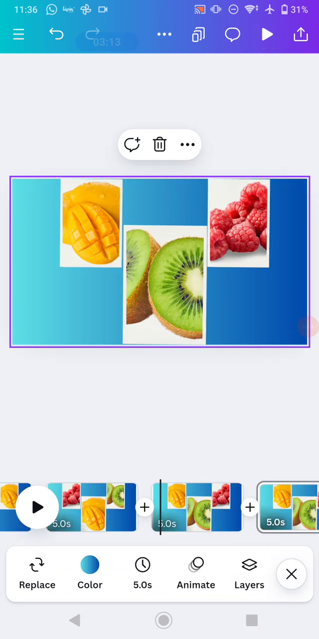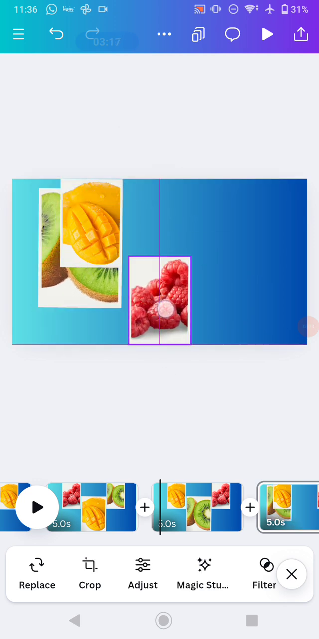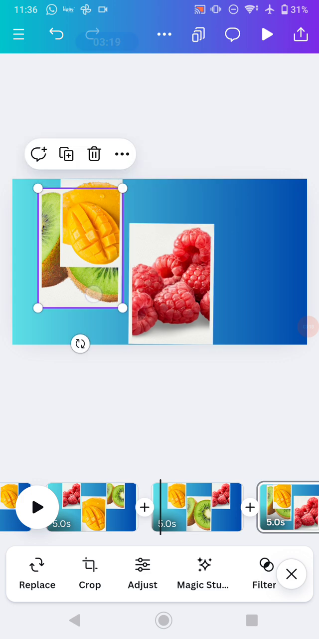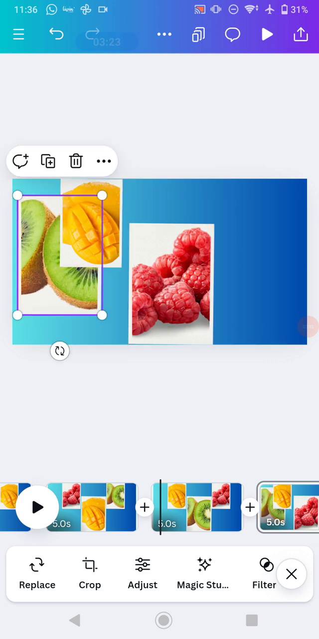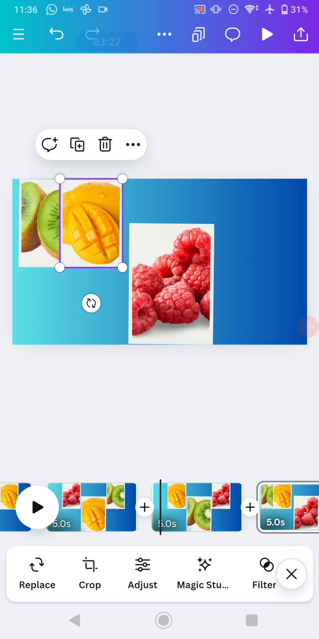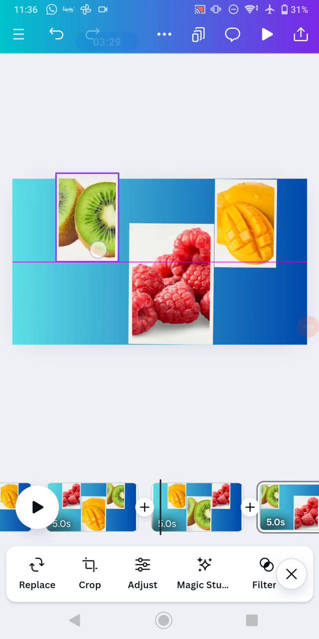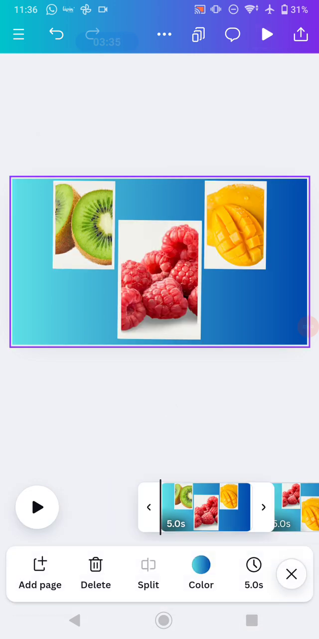Okay, go to this side and change this one and put it on this side. Increase the size. Make sure it has the same size. Okay, decrease it. Okay, and put it on this side and this one on this side. Just like this. Now the next step, go to the first clip and click the clip like this and adjust